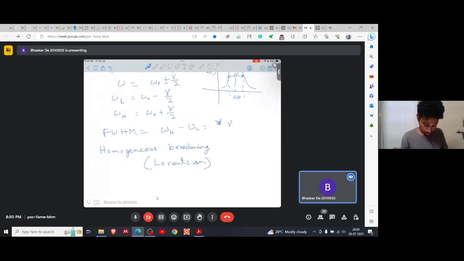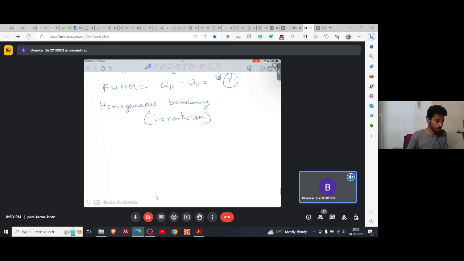Basically you can see that this gamma was the decay rate, and this is also the same as the homogeneous broadening. So the decay rate is actually causing the homogeneous broadening, and we have shown it here. Now there are two expressions I would like to write again, that is